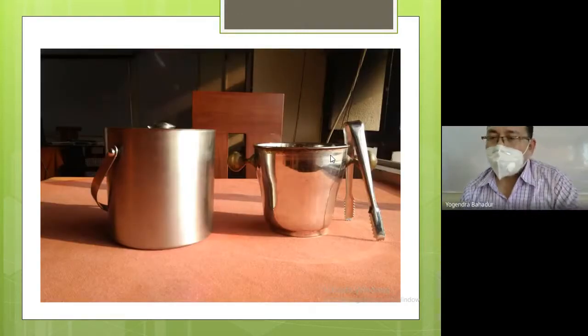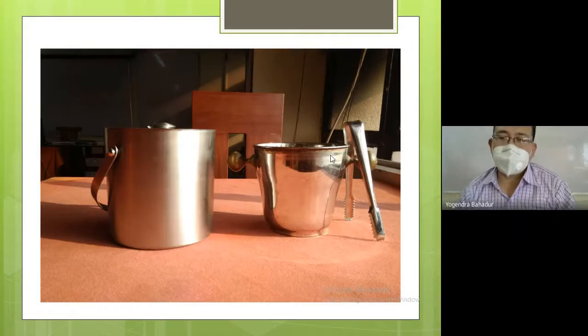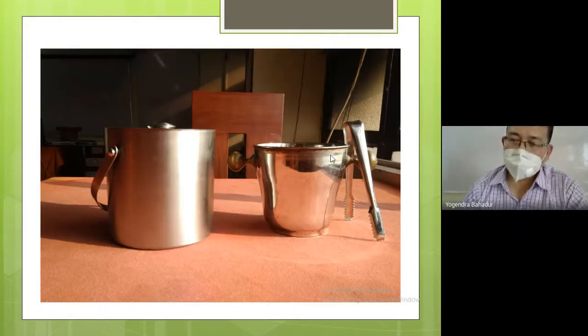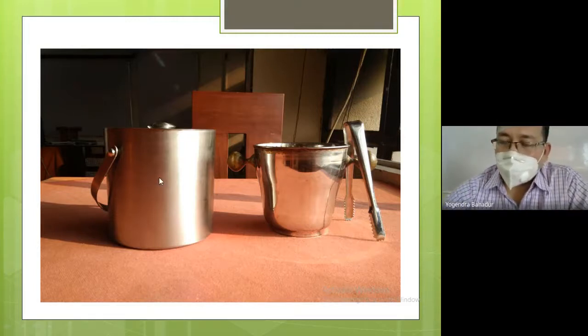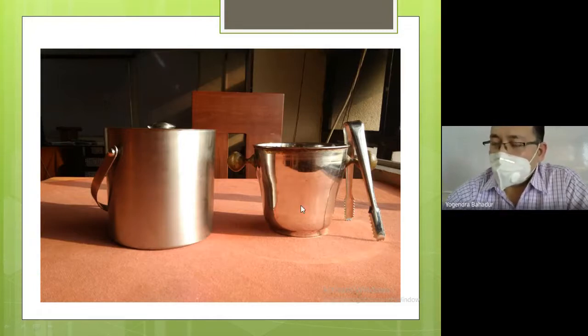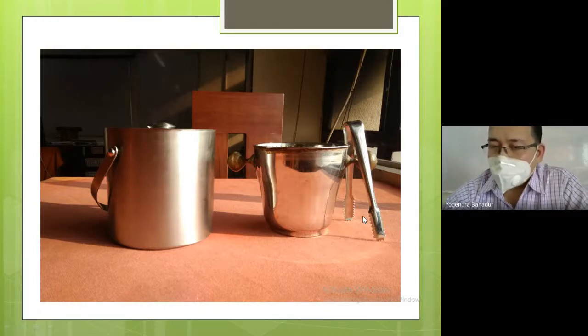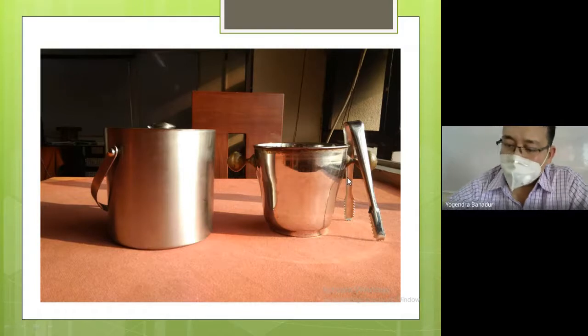Now all the glasses are over. Now we are talking about some of the bar equipment that is part of the bar. On the left hand side and the right hand side, you are finding an ice bucket. In order to pick the ice, on the right hand side we have the tong. This is used to pick the ice, that's why it is called ice tong. So we have 2 different varieties of the ice bucket with the ice tong.